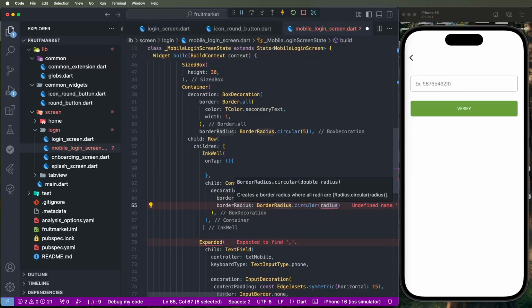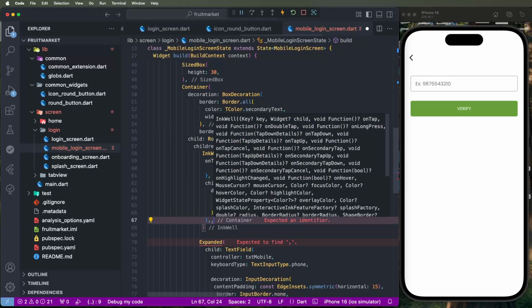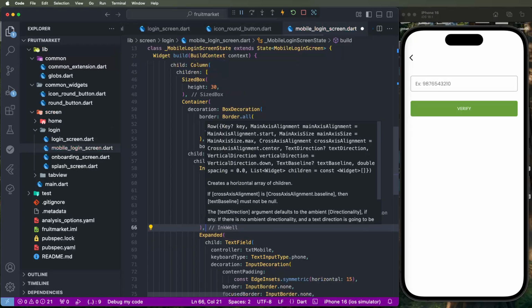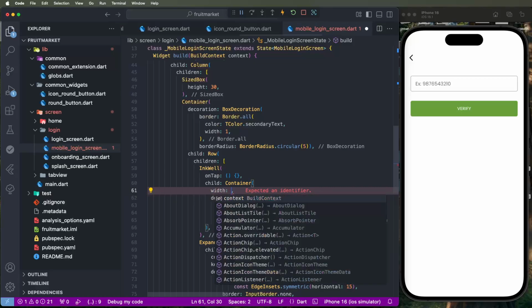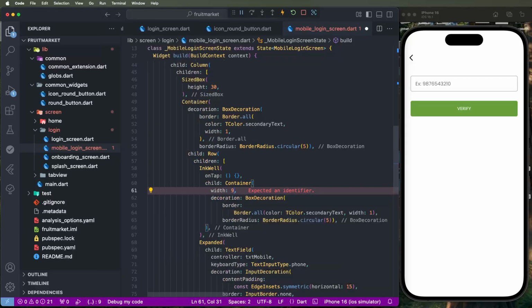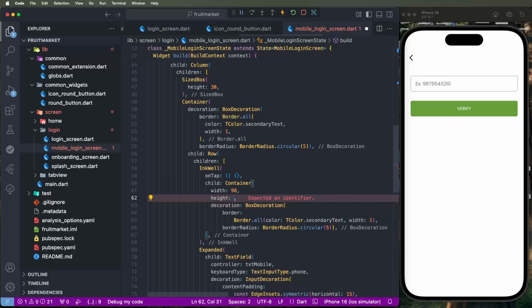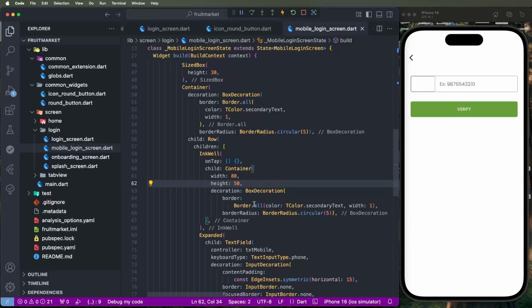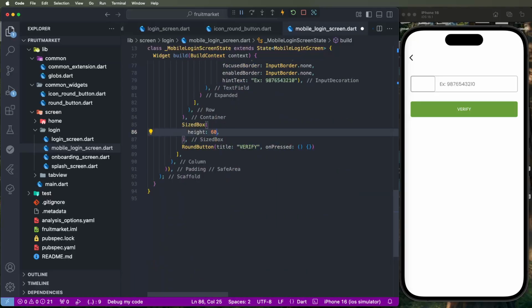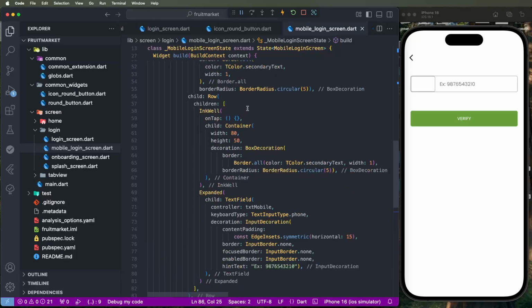Circular, we need to set this here the pi like here, and we need to give this here the fixed width and height we need to provide here. So we need to set this here the width 90 and height we need to give this here the 50, and show like here this UI, maybe set the 80 like here, and show here. So we need to increase this here the space, we need to set here the 60, and inside need to give this here the text field,